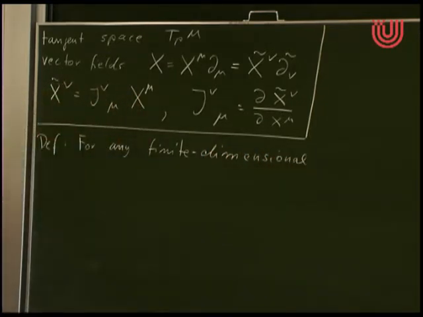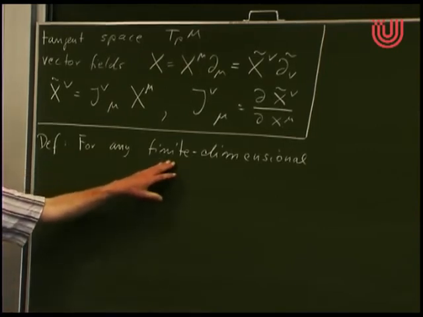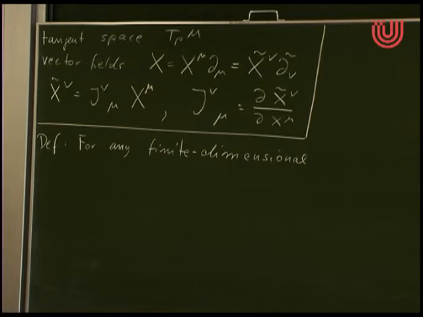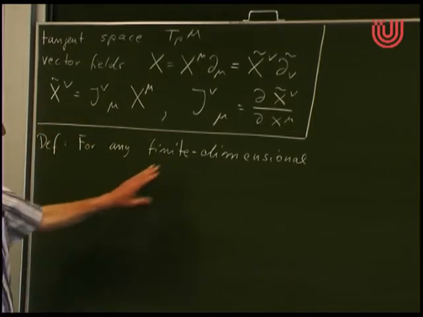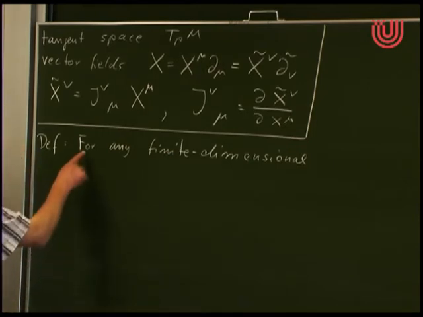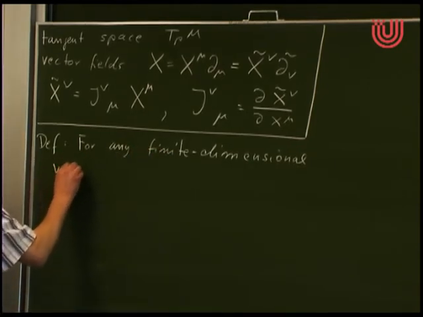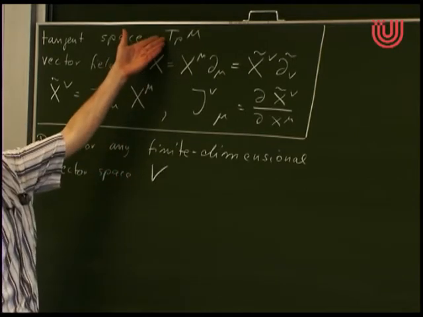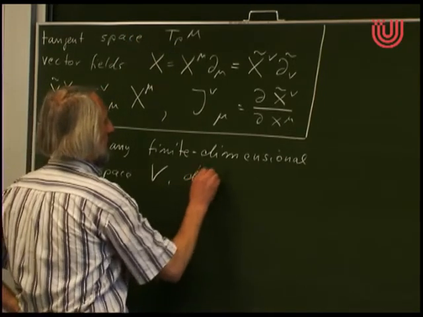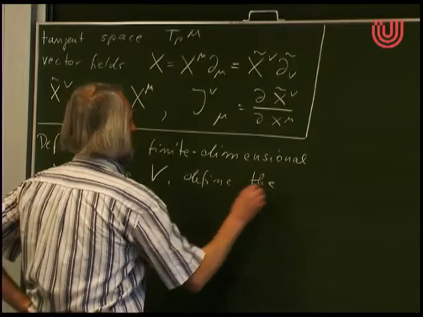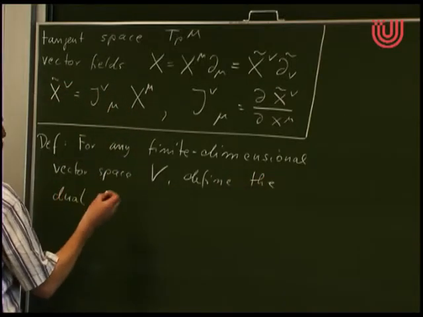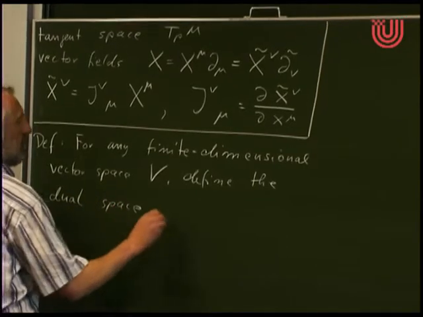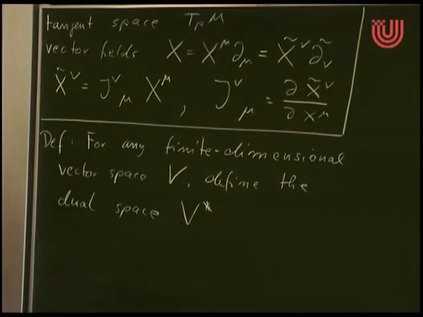You know, in quantum mechanics, for instance, we deal with infinite dimensional vector spaces, and then a little bit of care should be used when you deal with a dual space, because usually you also require some sort of continuity. That's not necessary for finite dimensional vector space. For any finite dimensional vector space V. So we will later apply this to the case that V is TPM. We define the dual space, the dual vector space, which is usually denoted by a star,